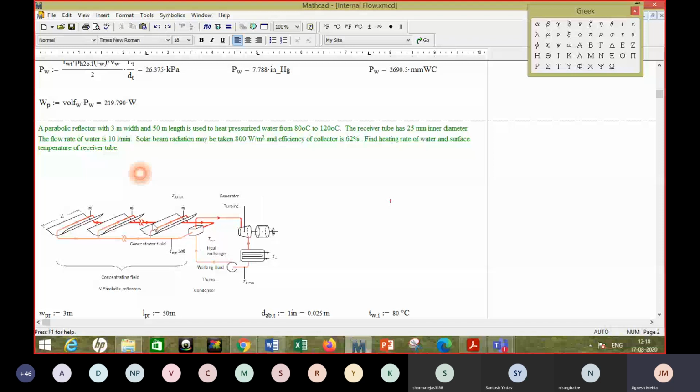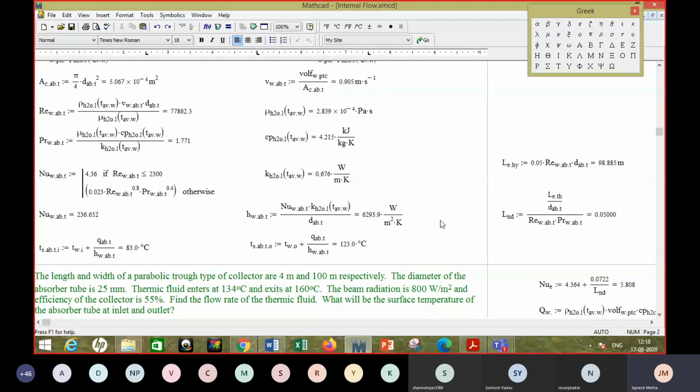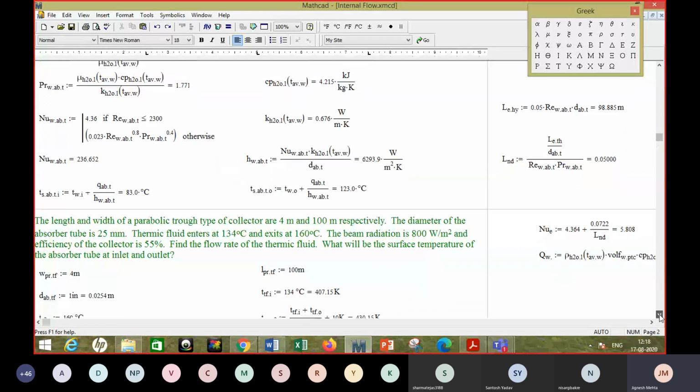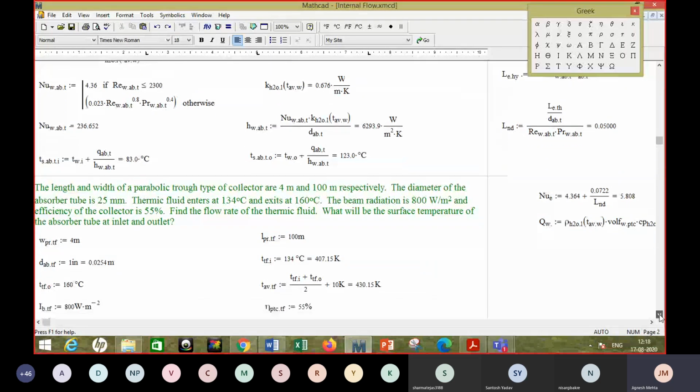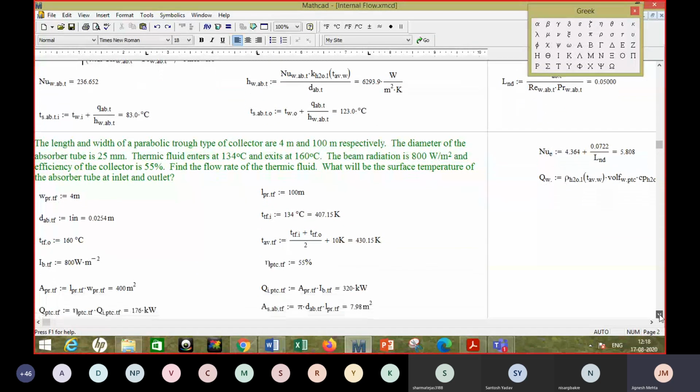So because you want to run this Rankine cycle using water, you are using indirect heat exchange. You are using a heat exchanger, and here you are raising steam in the heat exchanger and using it in a turbine and running a generator, and then the other components of the steam power plant like the condenser and pump are there. Okay. So the thermic fluid temperatures, as it is shown here, are of course not very high. It enters at 134 and comes out at 160, right?